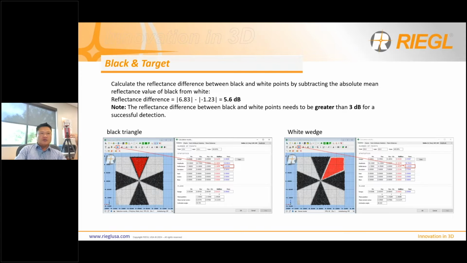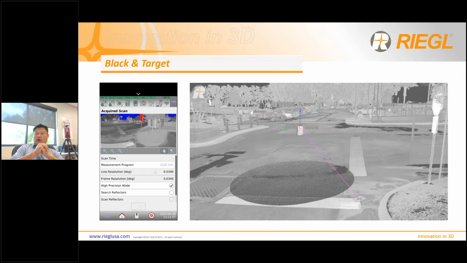Now you can also play around with the numbers as well if you don't find it. I had to do that, but nevertheless, it was able to find all of them. Okay, from the scanner itself, of course, to see if it's usable, it has to be in the point cloud, because if you put the scanner too close to the target on the ground,